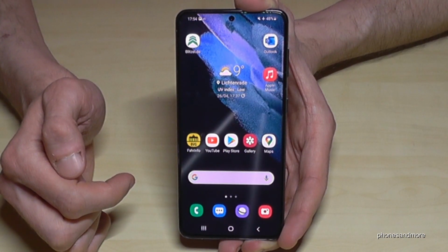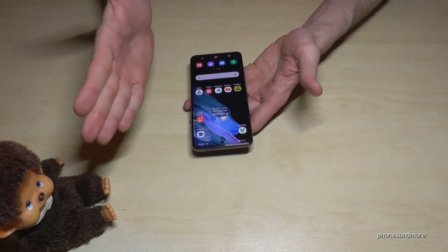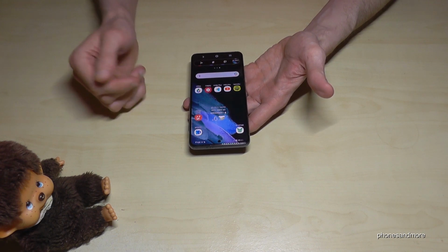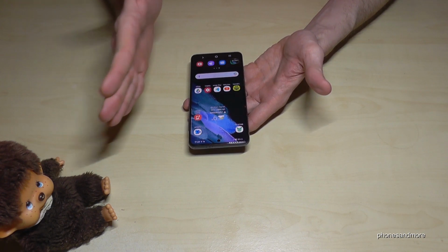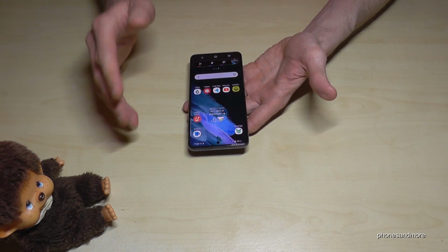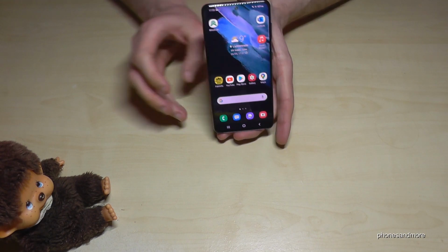to your gallery. And as I said, there's a second way to take a screenshot, by just using the edge of your palm. If you swipe it across the screen, you will have a screenshot as well. So one more time, use the edge of your palm, swipe it across the screen, and you will have a screenshot as well. This requires a bit of training, but everything is possible,